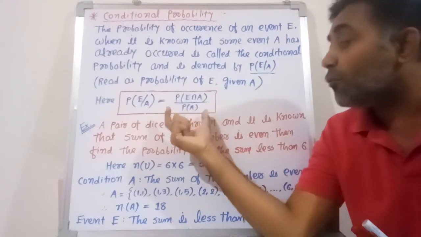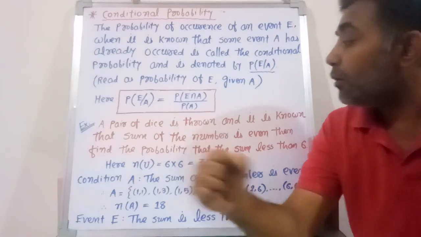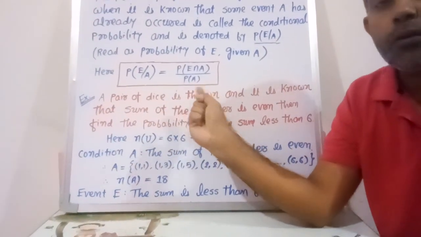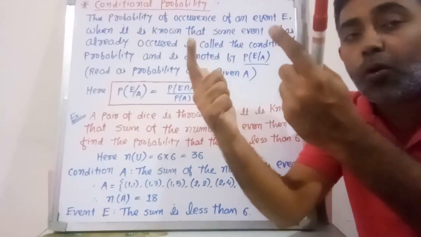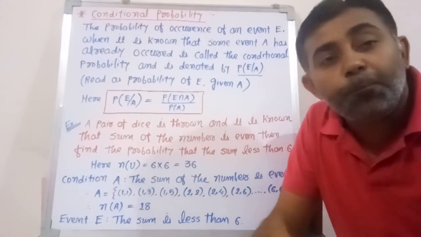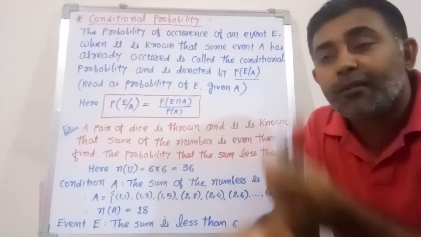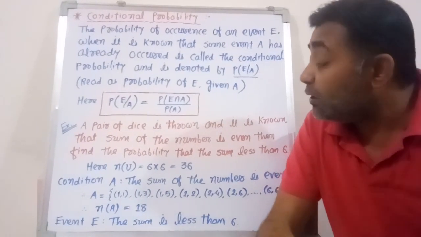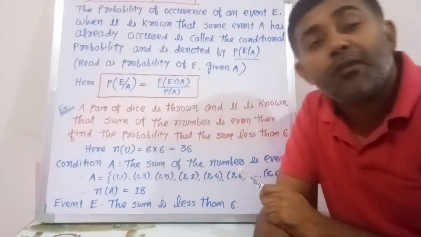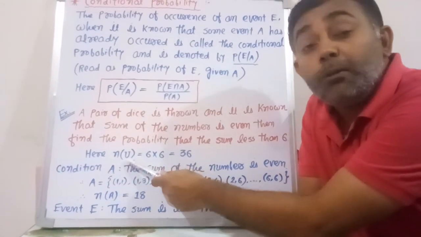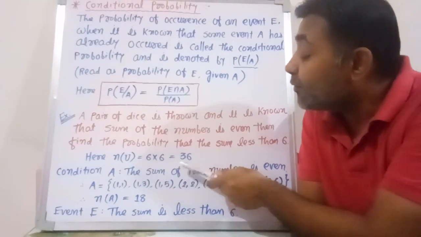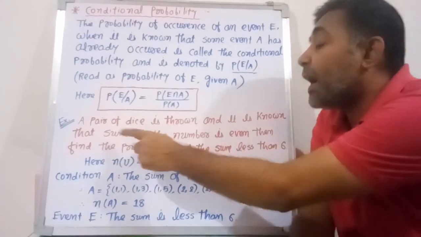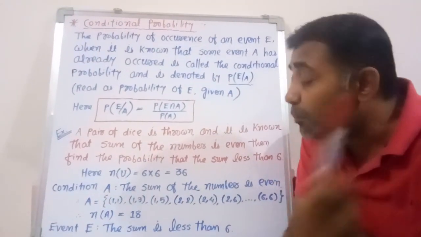To explain this formula, let us take one example. A pair of dice is thrown. We know that in the case of a pair of dice there are 6 and 6, so 36 total outcomes we have. The number of elements in the sample space is 36. Our question is this: it is known, that means given,